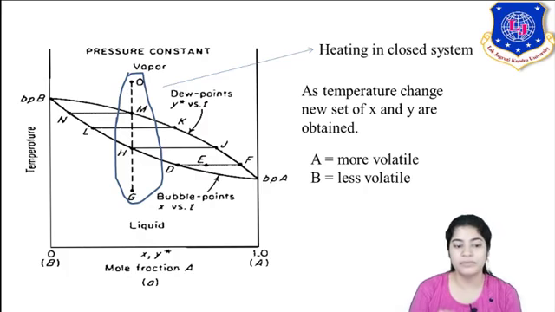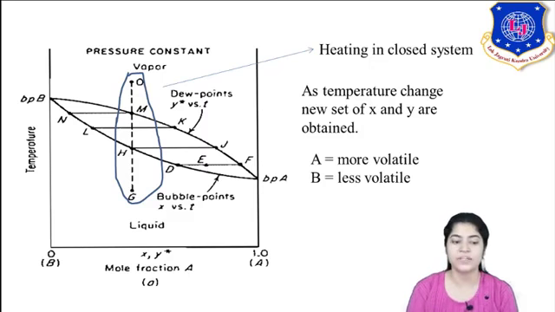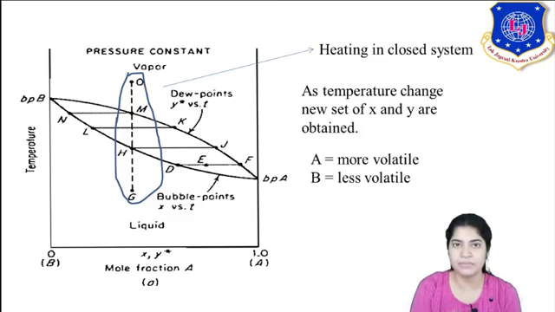Now between M and H, the closed area between those two curves shows a two-phase condition where your vapor and liquid exist together. And you can see as I am increasing the temperature, my vapor is generating more. So now it is a two-phase region. You can see here the temperature is not constant. At H the temperature was different, and now at M the temperature is different.